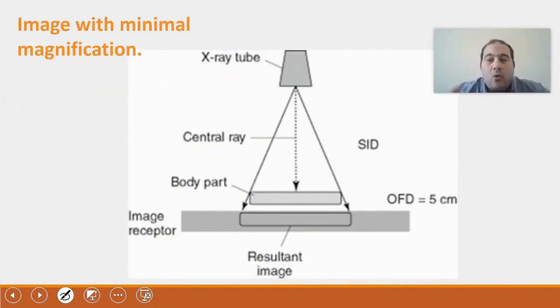If I come here in the image that I see, I increase the distance between what I am imaging and the film. Is that clear? So what will happen? What will happen in this case is that if you increase the distance between the object and your image receptor,